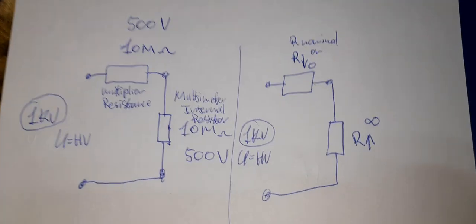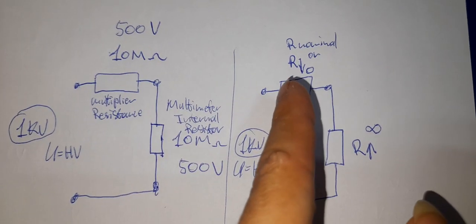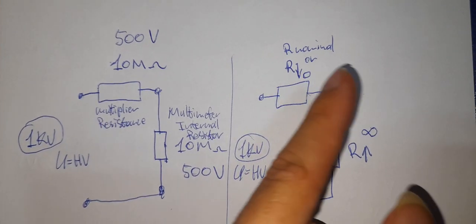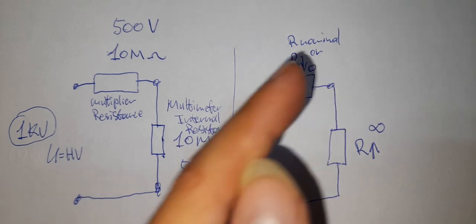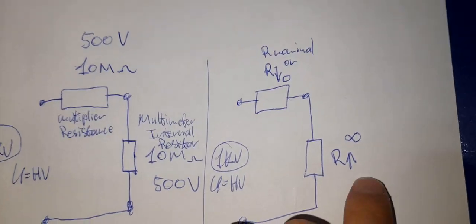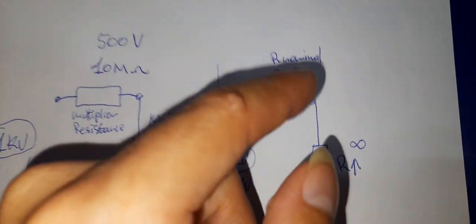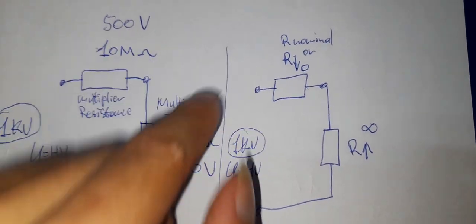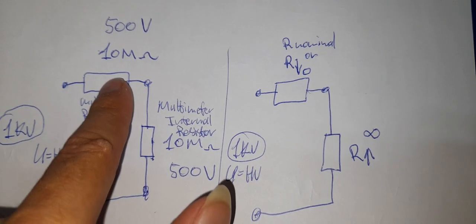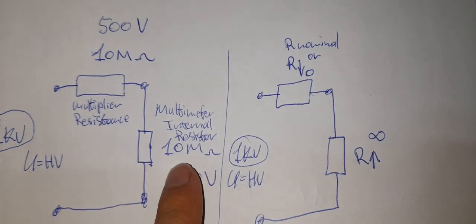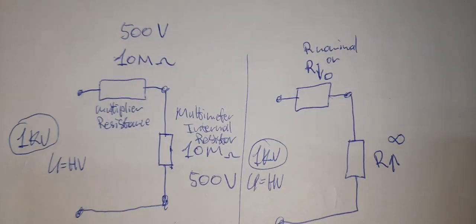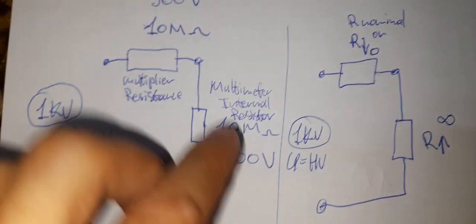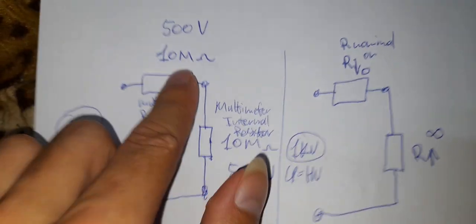So you need to choose a high power supply, nominal or 0 ohm resistors, and this should be higher to jump this value. So if this is 10 mega ohm, this should be 100 mega ohm or more, even more. So it needs to be more than this 10 mega ohm,